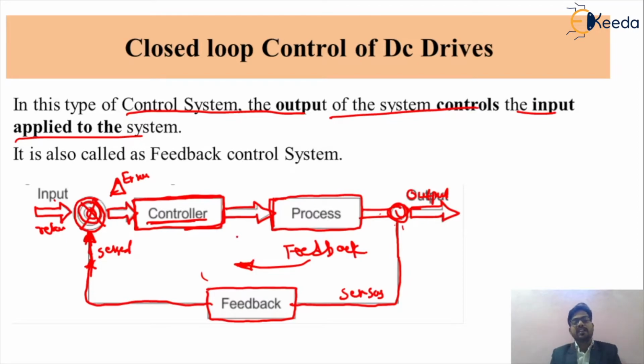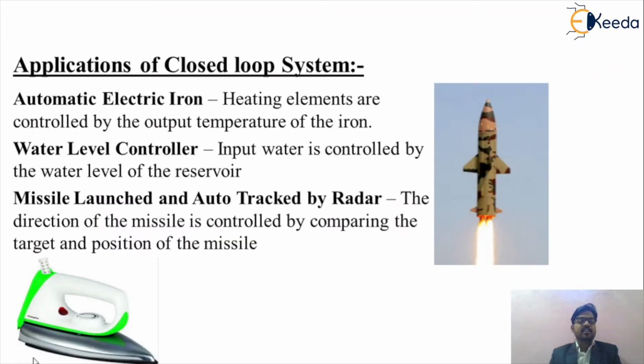Basically, another name for the closed loop control system is a feedback loop, because in that particular circuit we are using a feedback terminal. Friends, we can understand some examples of the closed loop control system, because we are electrical engineers, and we can take some examples or applications of closed loop systems in day-to-day life. Fortunately, we are electrical engineers, and we know that the missile man of